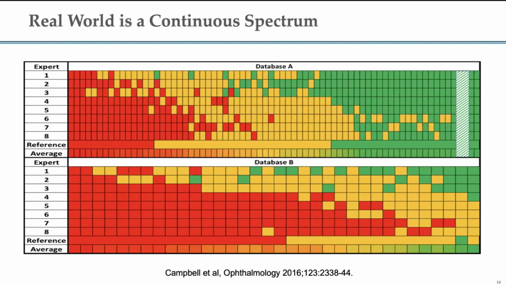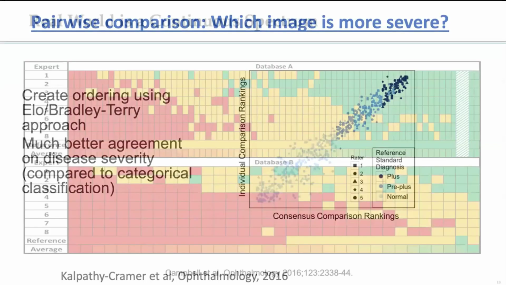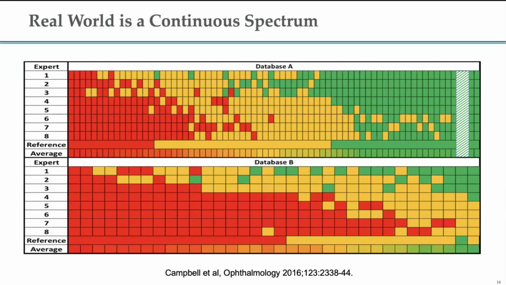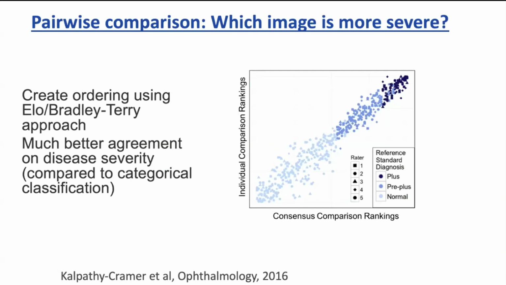And what you see right away is that the relative prevalence of each of these classes varies substantially among the experts. In the top row, this expert has a few reds and a lot of greens, but in the bottom row, this expert has a lot more reds relative to the green. And if you zoom in on the more severe part of the disease, you'll really see the triangular shape to this graph, indicating that the cut point between, say, mild and moderate or moderate and severe can vary quite substantially. And again, that's reflected in where they lie on the ROC curve.